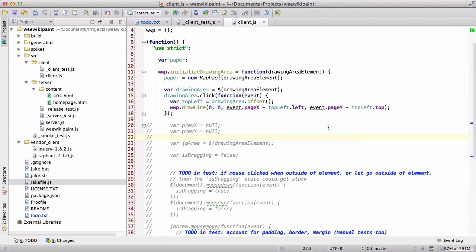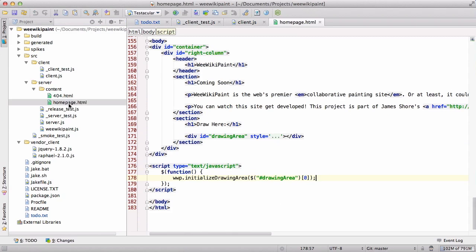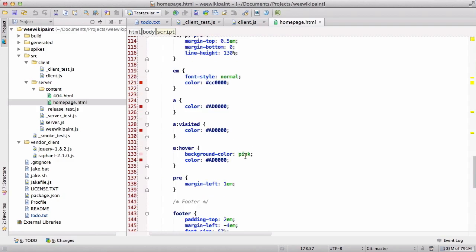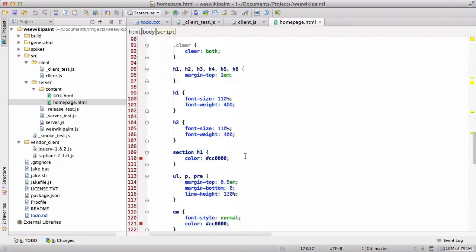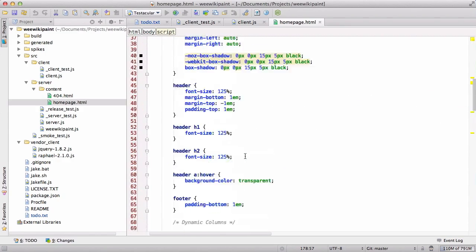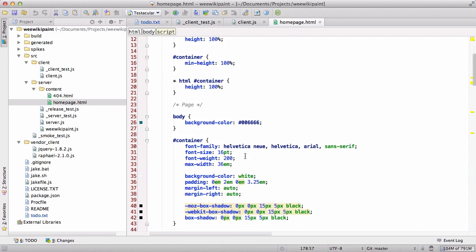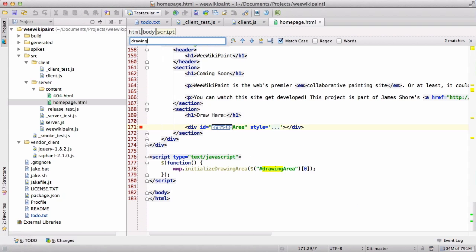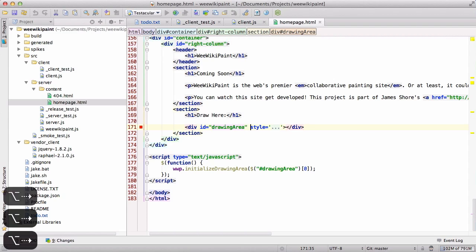And I don't even know if it's an issue. So what I'd like to do is go in and manually check it. So let's bring up our home page. Here's our drawing area. And let's just, what do we have for styling on that drawing area? Oh, it's just right here. This home page is all just placeholder code. Yeah, so